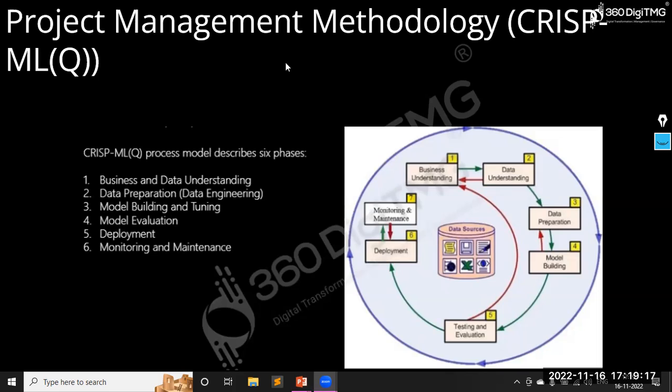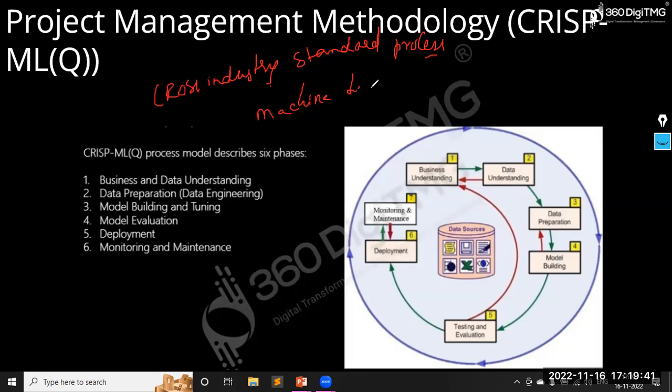Project management methodology, that is CRISP-ML(Q). We'll call it CRISP-ML. What exactly is CRISP-ML(Q), like I discussed? Cross-industry standard process for machine learning quality assurance. Cross-industry, the name itself says, irrespective of any domain, any industry, whether it is agriculture,